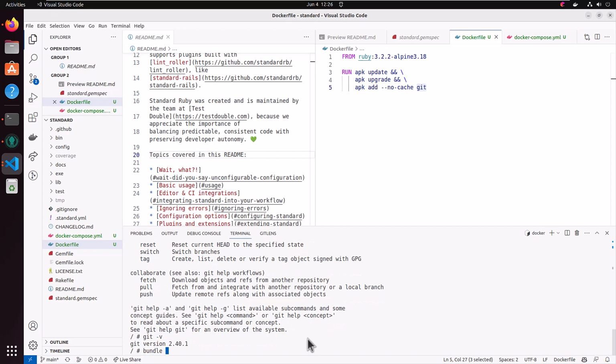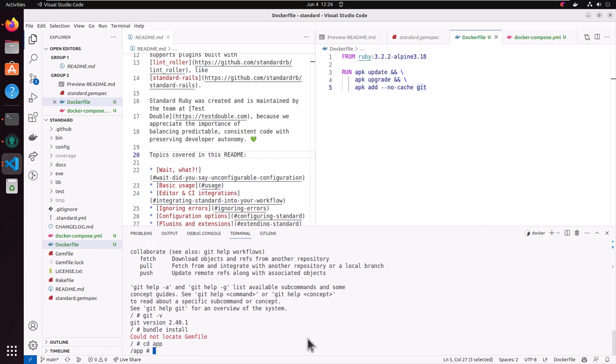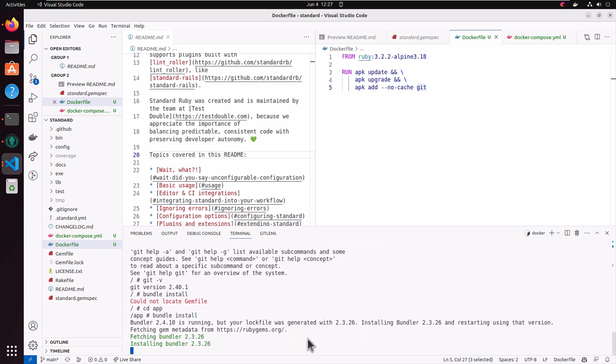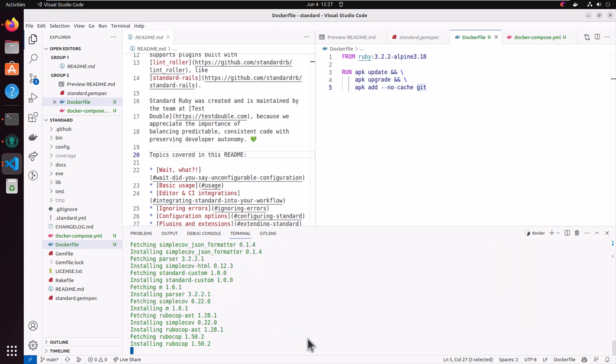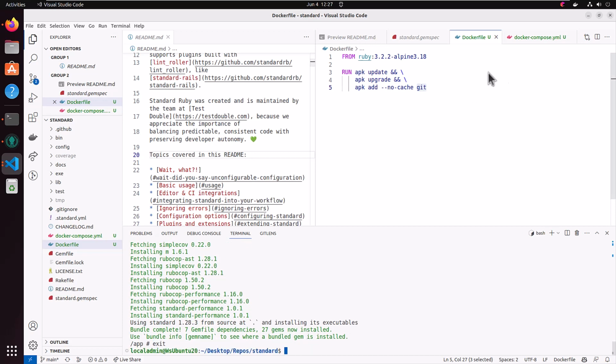Now, if we did bundle install, oh, I have to be in the app folder. So there are a couple other things we'll fix here real quick. There we go. Looks like it's all fetching, installing, bundler, and so on. Okay, so it looks like it works. Great. So a couple other things we're going to do is we're going to switch our